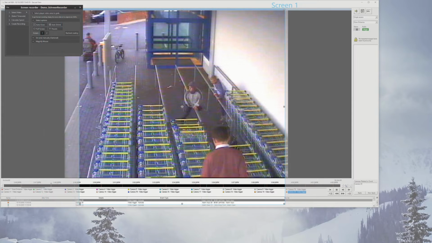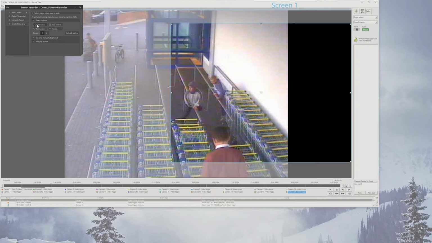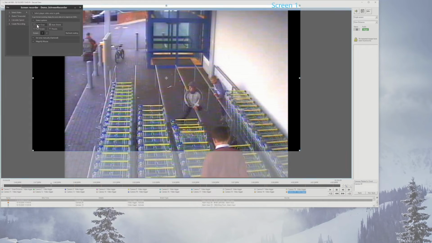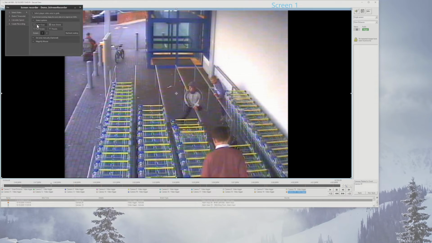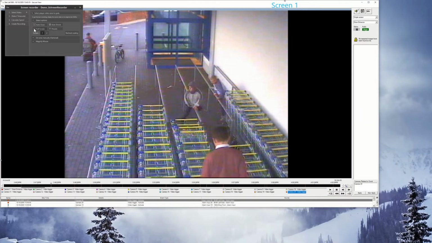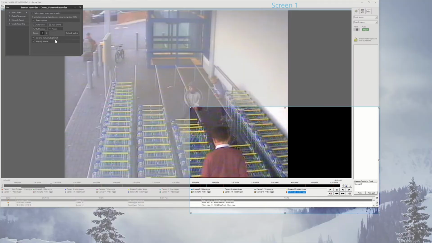Under tab 1, there are 3 expanders that can be folded open. Select options. These are options to easily set the size. Auto Grow and Auto Shrink will try to find the window and make the selection area fit that size. Full Screen will make it so that the selection area fills the entire screen, and presets are a couple of default sizes. This is also where you'll select what screen you'll be recording.